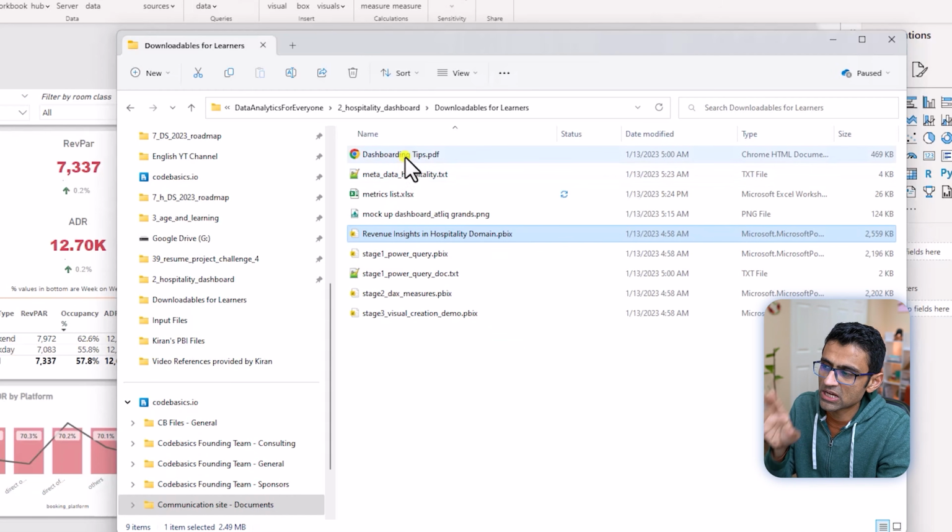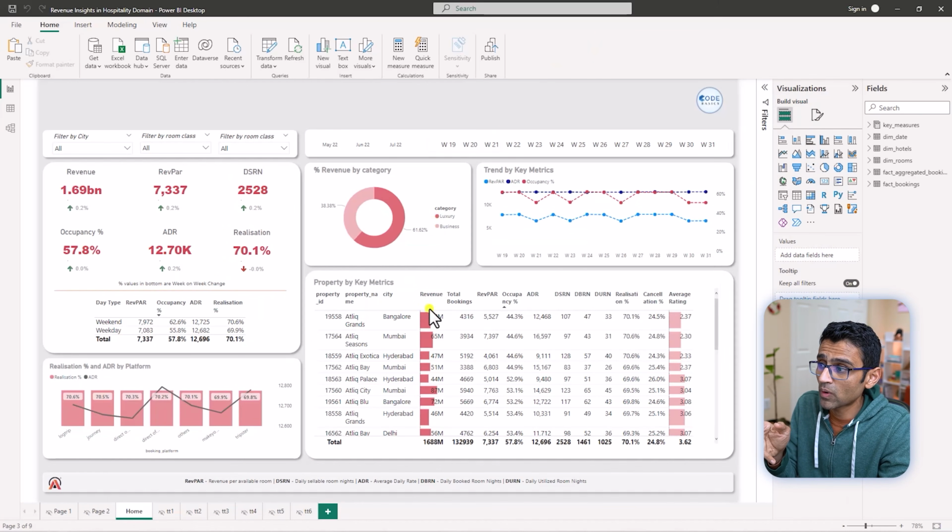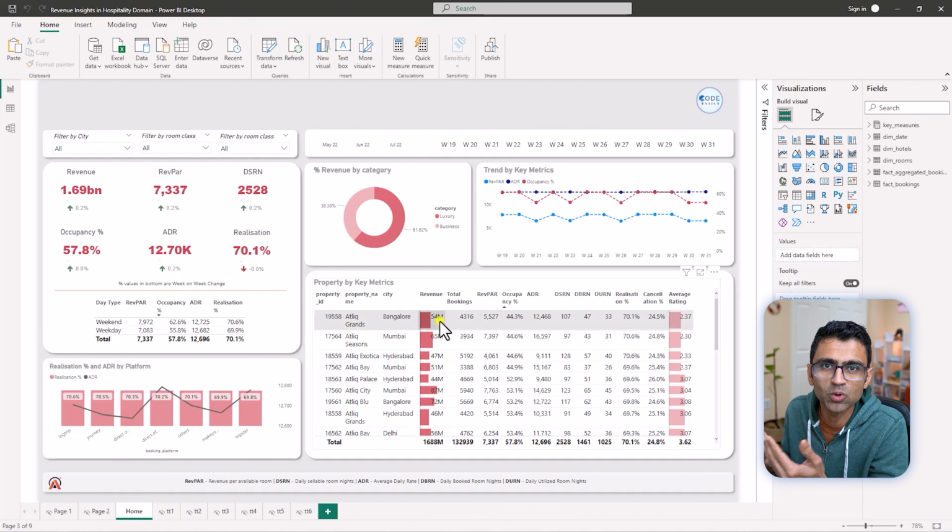And we have given you dashboarding tips which you can use. We are also going to provide you a recording. So in the downloadable, you will see a recording of the entire dashboard building. So if you get stuck, you have help basically. So I wish you all the best. I hope you can continue the work and finish this. And in the next session, we will present this dashboard to our stakeholders and collect